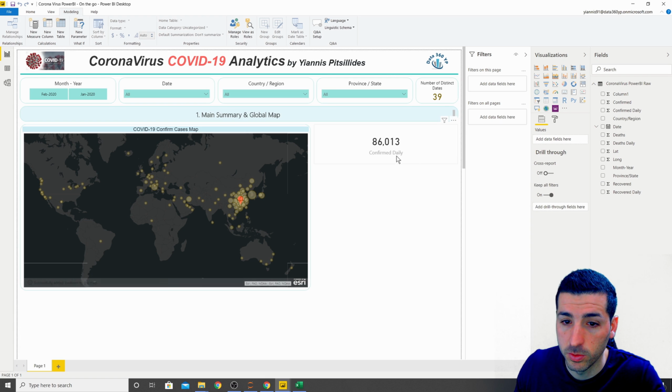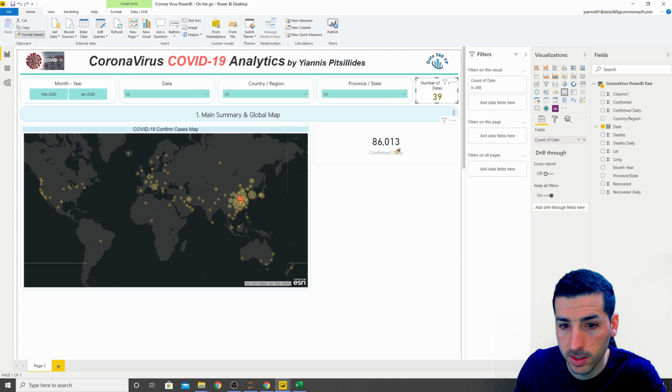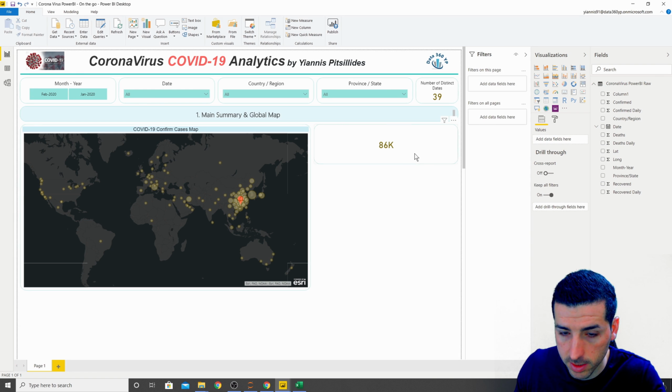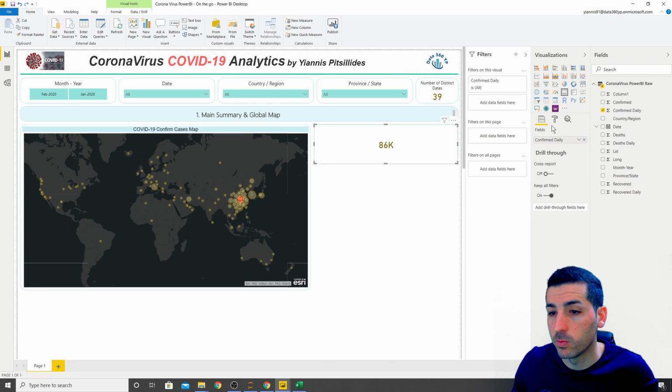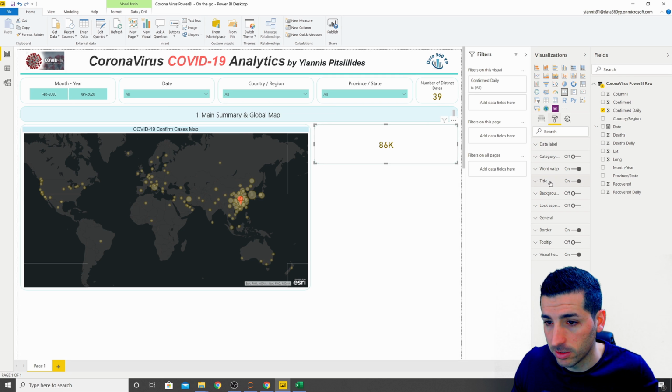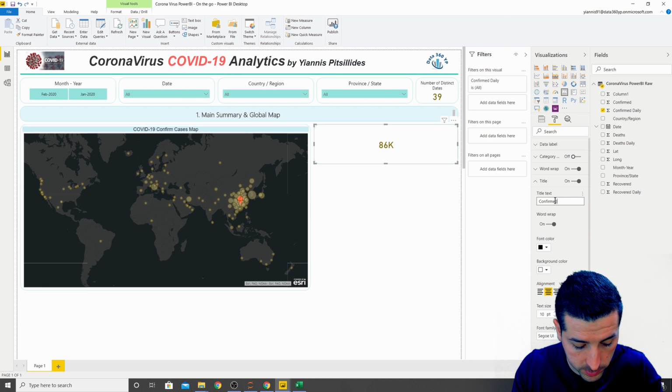The next thing I want to do is to add the background and the same radius, but I can actually click on this one, go into home, click on format painter, and then click on it back, and there we go, it added the background now. Additionally, we want to add a title, so I go into title,